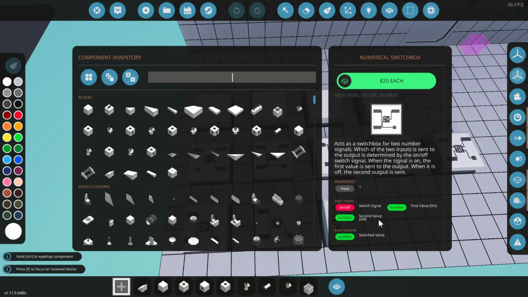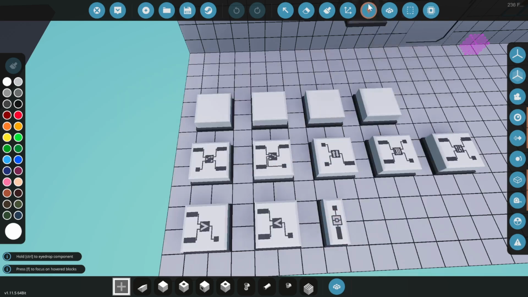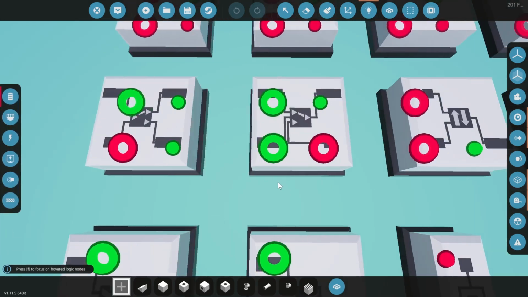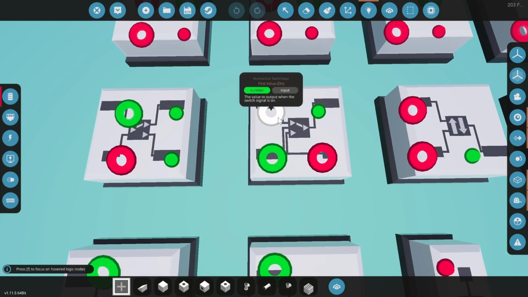Okay, and you can see we got our logic inputs, we got 3 inputs, 1 output: the switch signal, the first value on, the second value off, and then the switched value for the output. So whichever one you decide is active, that's the one going out. Come here to the actual logic inputs, you will see